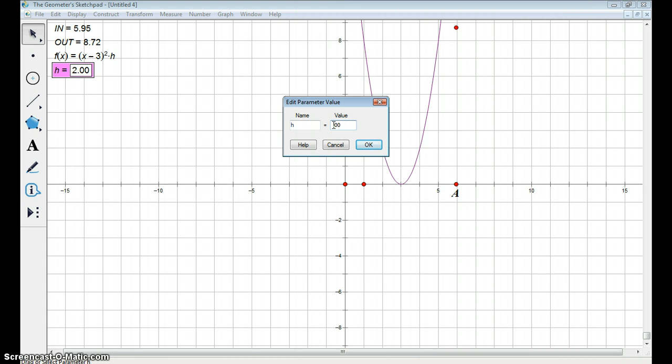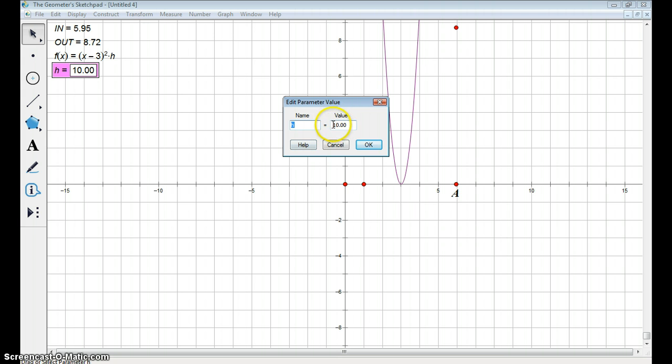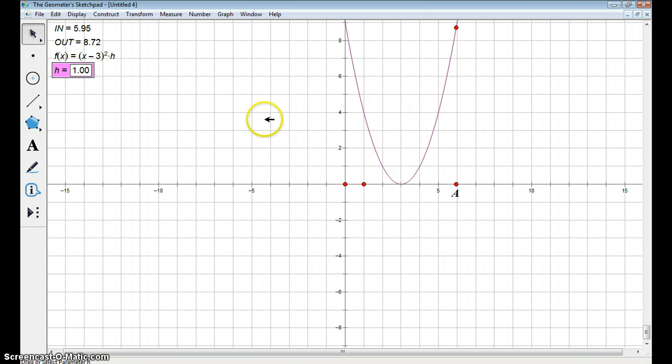We can change it. Notice that makes it skinnier. We can change it again. Change it to 1. Makes it a little bit wider. Okay, and then the other thing we can do here, while this is highlighted, if we keep our arrow here